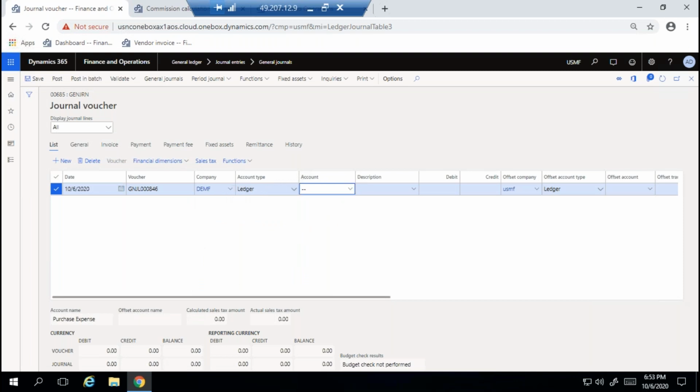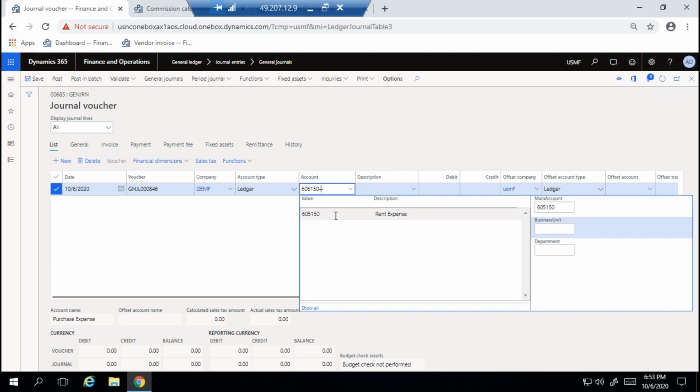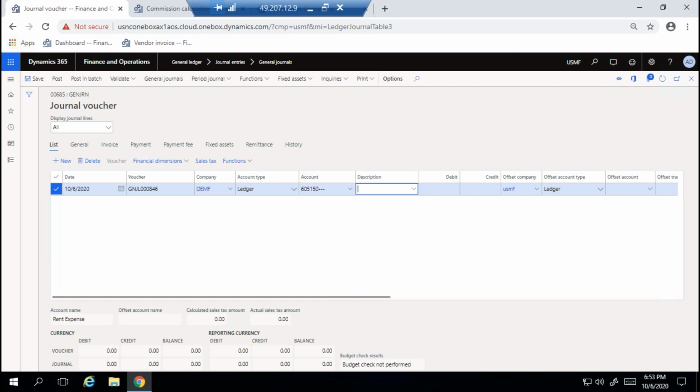And you can do the payments. Remember the intercompany functionality I have explained. So I'm doing an intercompany payment now. Suppose rent amount, I'm paying for DEMF company, I'm paying from USMF company.